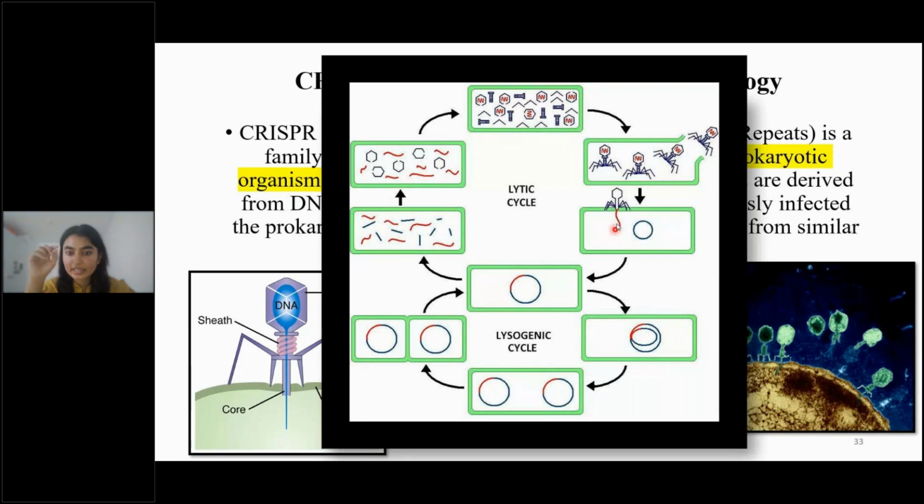Now it has two options. It will attach to the genome; you can see the red part and the blue part, so it attaches. It can start making the proteins of the bacteriophage, because transcription is going on continuously. Once it starts making these proteins, they reassemble and make thousands of bacteriophages, and the cell swells up until it can't hold more and just bursts out, leaving all the viruses into the surroundings.